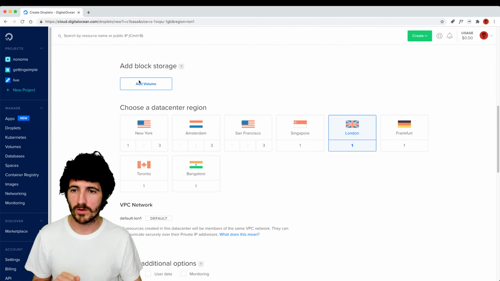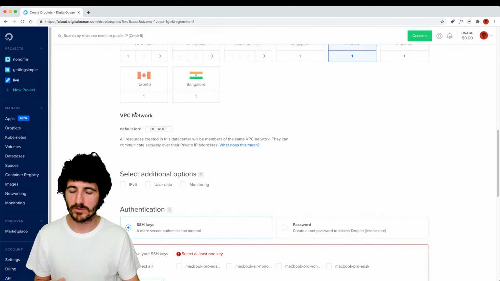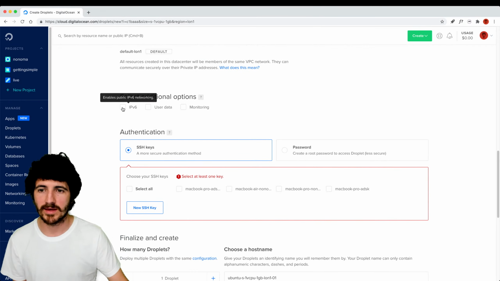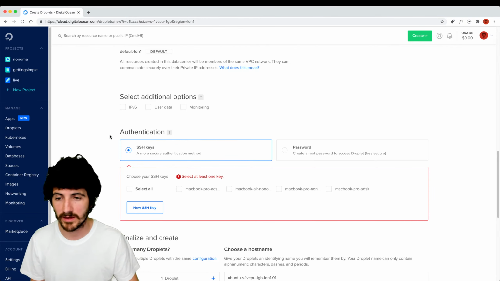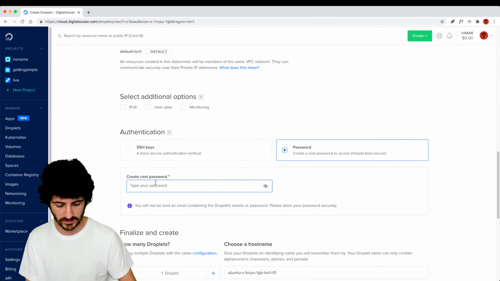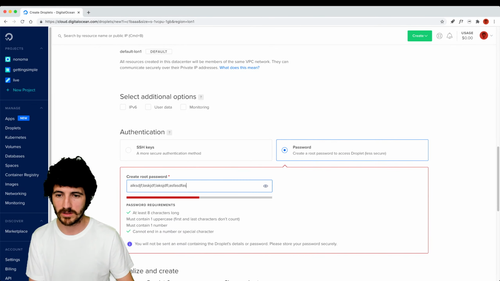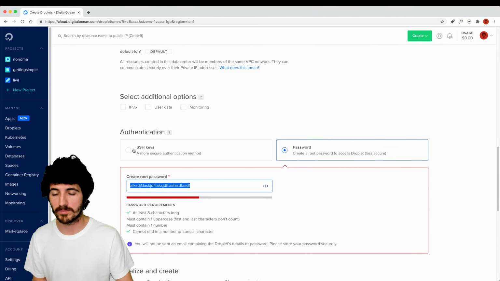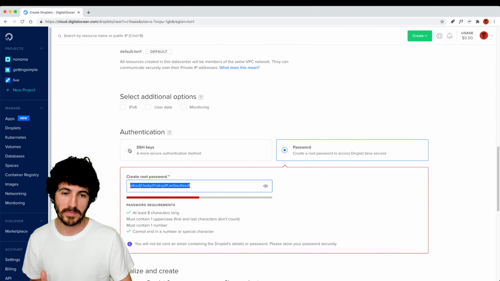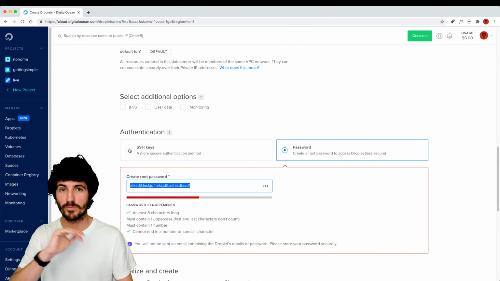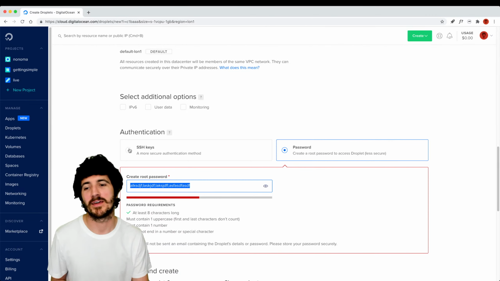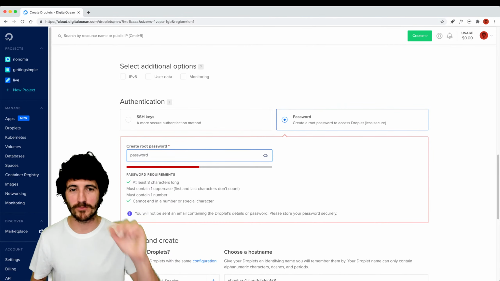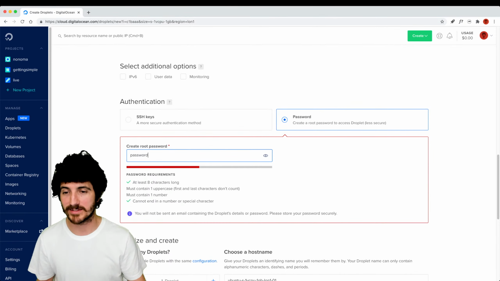Cool. So the last thing you have here is the VPC network. We're not going to talk about IPv4, in case you need an IPv4 public IP, and then SSH keys. You can either use a password, so I can put a password here on my root access. This is the root account in your Droplet, but I don't think passwords are recommended here because there will be bots that try to hack your account by checking passwords. If you put something like password, somebody will try to log in with root and password, and they will get access to your server.